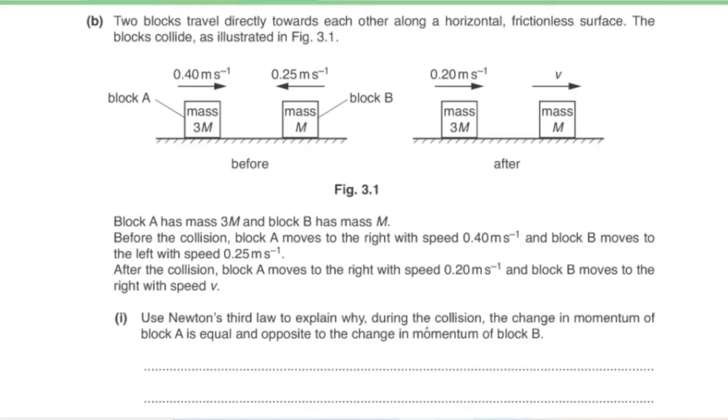So Newton's third law discusses how force on both objects will be equal in magnitude but opposite in direction. So we're going to write about how during the collision force on both the masses 3m and m is going to be equal but in opposite directions, and hence we're going to have the same rate of change of momentum, since force is equal to rate of change of momentum, and the time interval for which they are both in contact with each other is going to be equal for both bodies. So we can write that